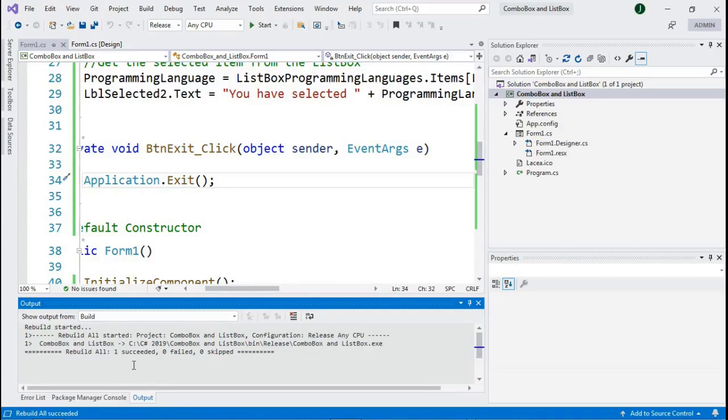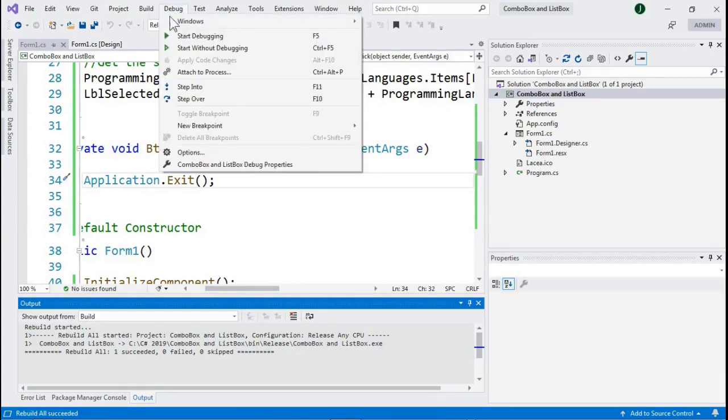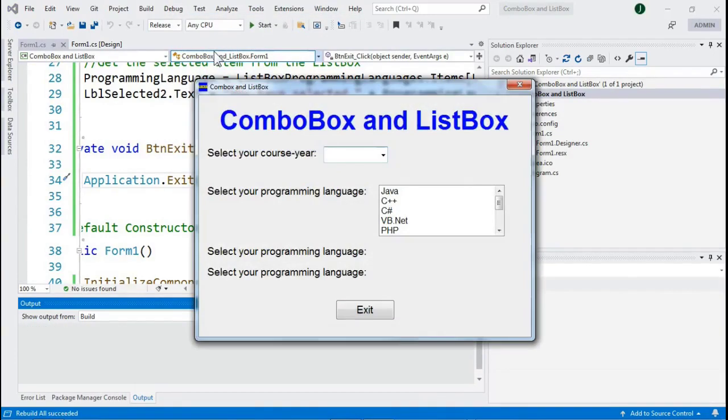Rebuild all, 1 succeeded, 0 failed, 0 skipped, and let us run by clicking debug, start without debugging. If I select one of the items of the combo box, BSIT2, this label will reflect that selection, you have selected BSIT2. If I change it to BSIT3, therefore this label will also update and reflect what was selected in